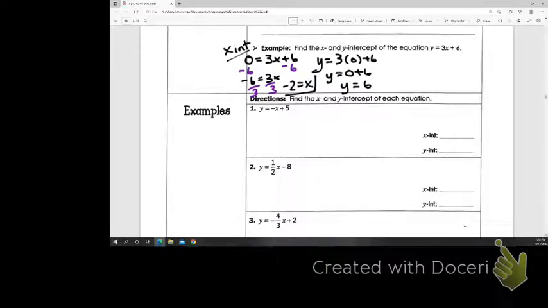So it's not just a division like it is if it was in standard form. But if I'm finding the x-intercept, you let the y be 0, and then get the x by itself. If I want the y-intercept, I let the x be 0. Now, if it's in slope-intercept form, I shouldn't have to do anything to find the y-intercept. I could just immediately write 5 and -8 here,